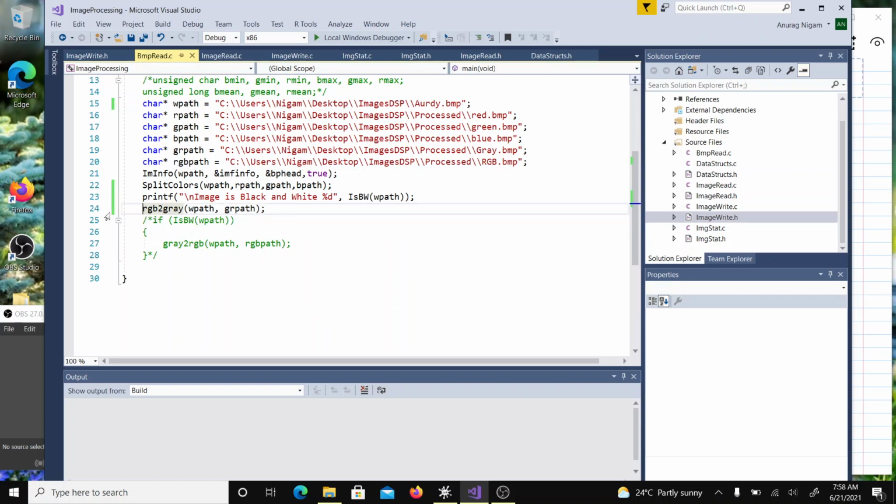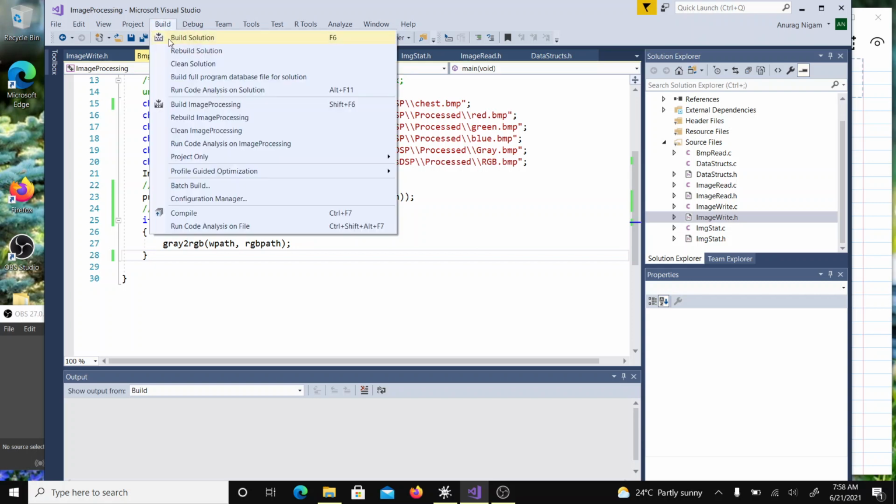So I'm going to disable this. I'm going to disable this one. And first of all, I'm going to put here, let's say, chest. Okay. And here, what I did was, I am just checking if it is a black and white image, then I have to apply this pseudo coloring, right? So I have an input path file name and then the output path file name. So I just build this,